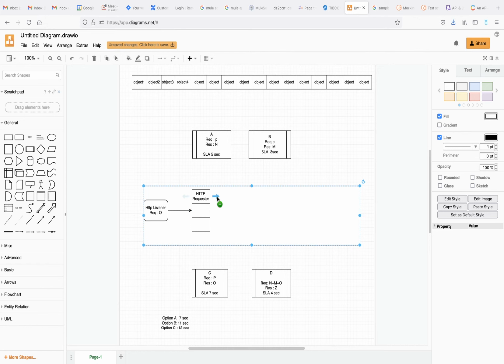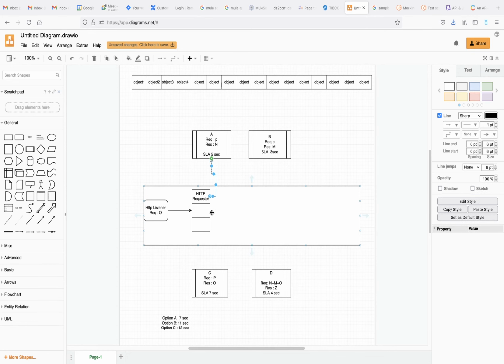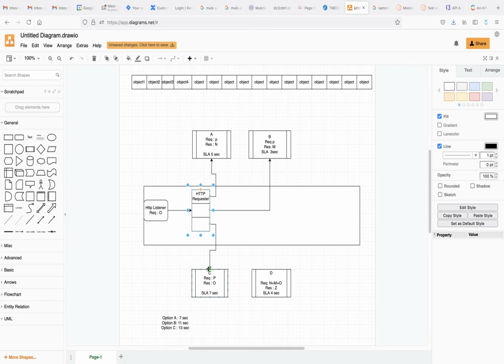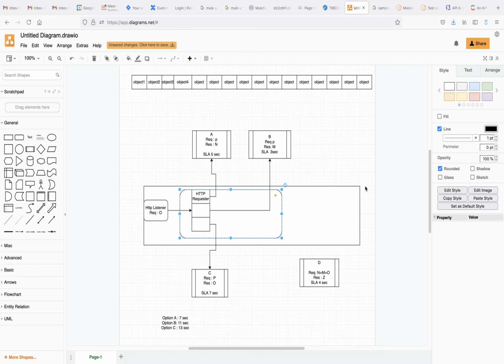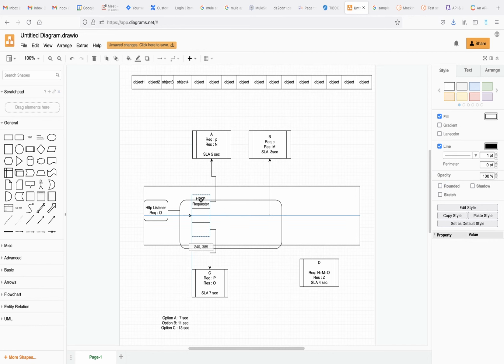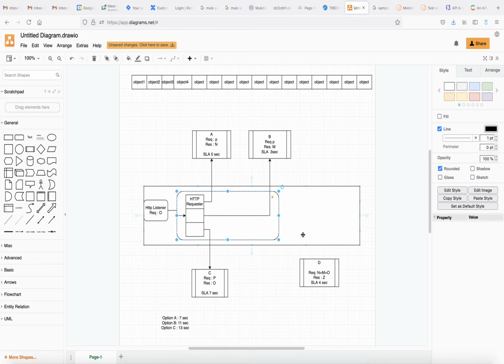So what will we do? We will use scatter gather and we will call A, B and C. Once we get the response from these 3, then again we will configure one HTTP requester.